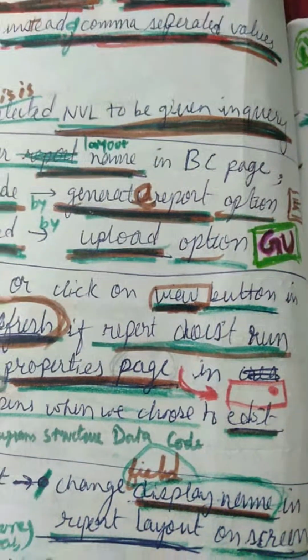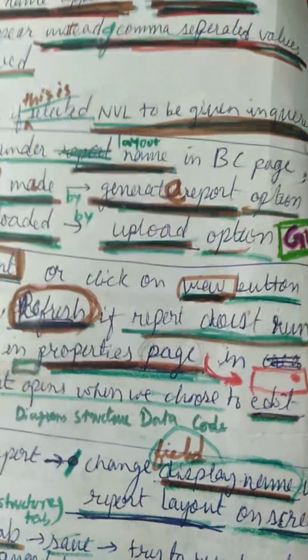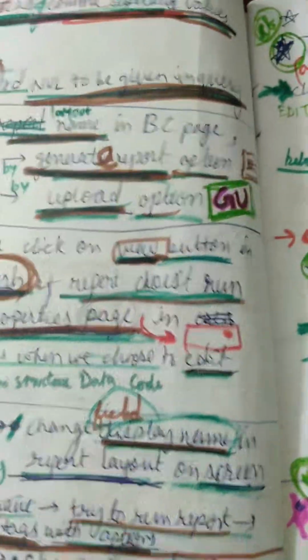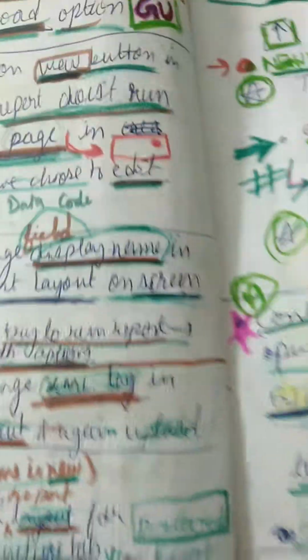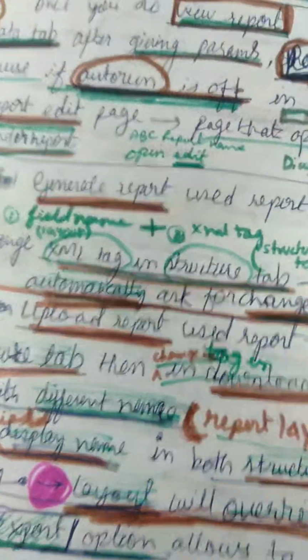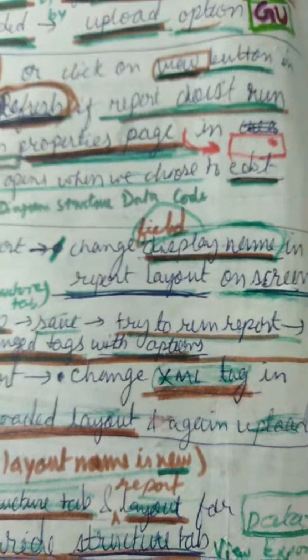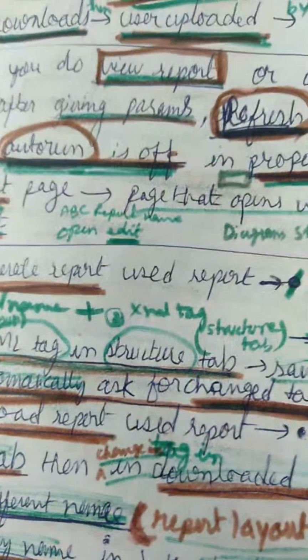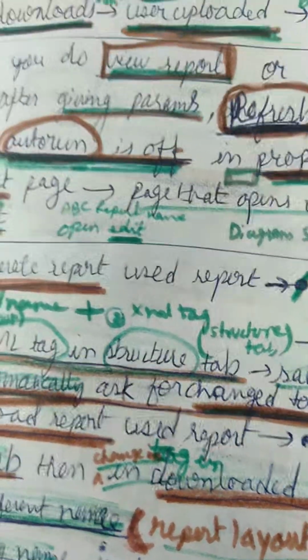Generate report option and upload option, while generating an RTF or a report for a DM. If the report is created using the generate report option, then we can change the XML tag and the display name in the generate report option first. In the DM,